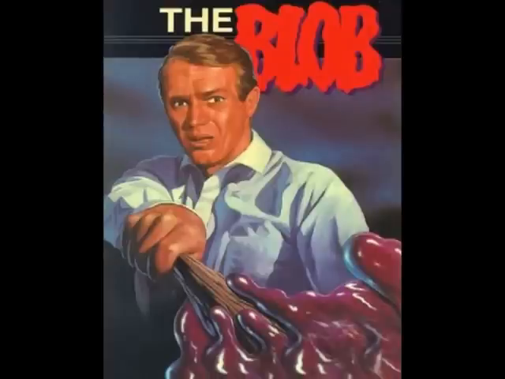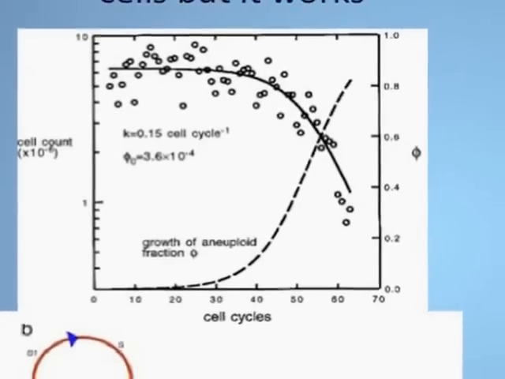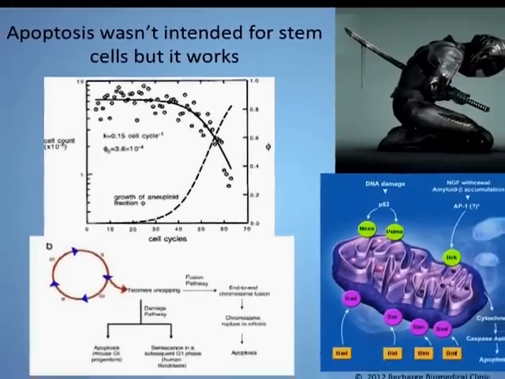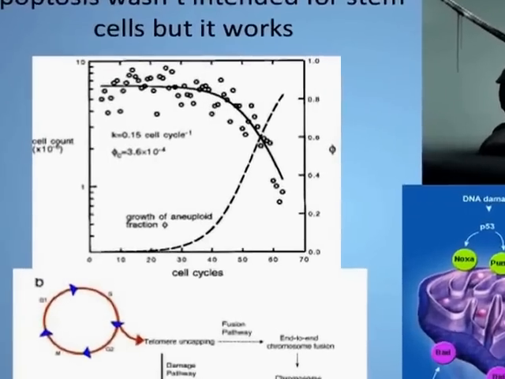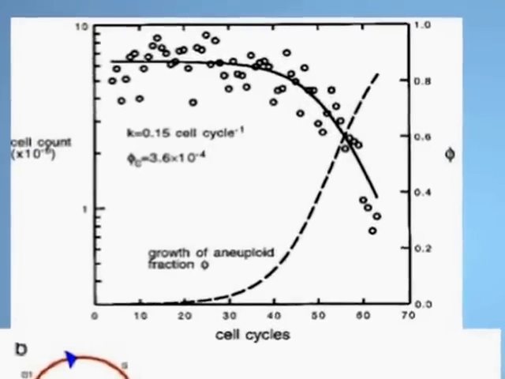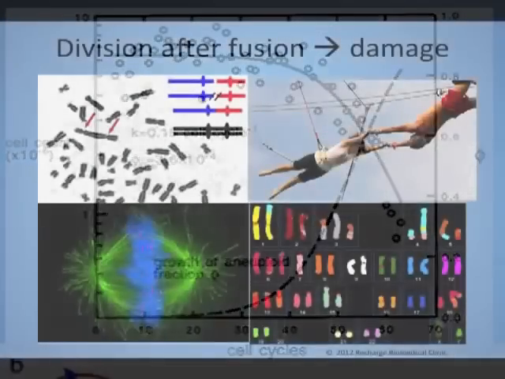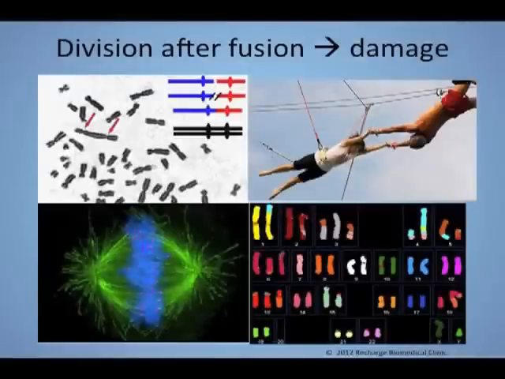So let's explore this concept of replicative senescence a little bit more. Here's Leonard's experiment. You take a nice little cell, put it in a dish, and let it divide over and over and over again, and gradually, boom, it drops off the cliff. And as it drops off the cliff, the percentage of aneuploid or messed up chromosomes that we saw earlier in the lung cancer goes up. Makes sense, right? The chromosomes are shortening, and then they're becoming double chromosomes, ripped apart, and then non-viability ensues with the chromosomal damage.